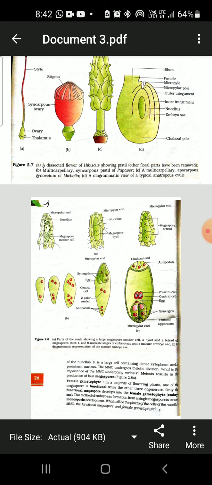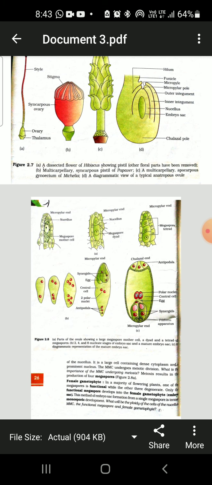embryo sac. These nuclei shift to opposite poles, and out of the group of 4 nuclei at each pole, a single nucleus from both the poles shifts to the center. Here in diagram 2.8 B, you see that the 8 nucleate stage is there, and these nuclei have been shifted to opposite poles, 4 in number at each pole. Out of these, 1 from each pole is shifting to the center, forming the polar nuclei, and the